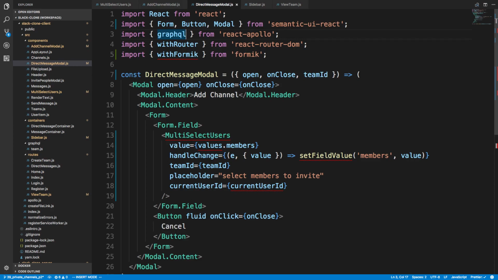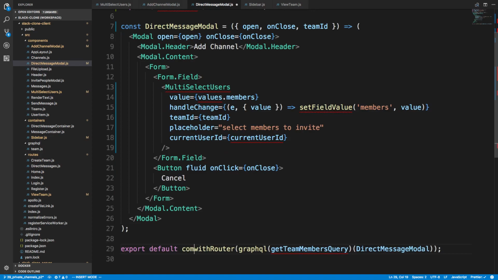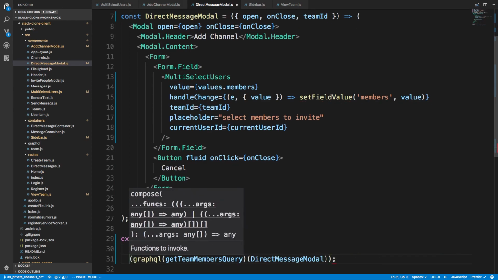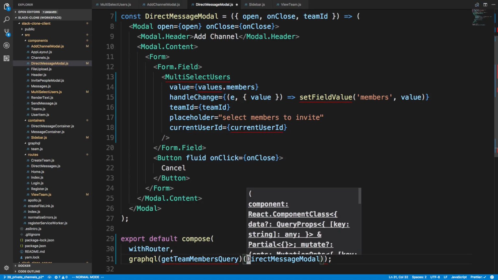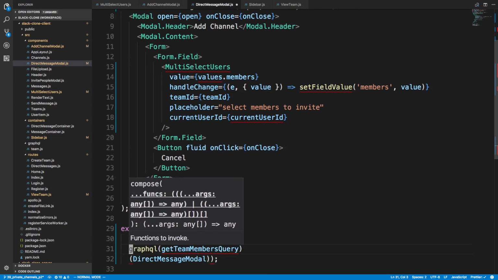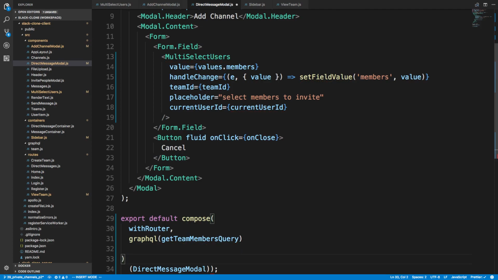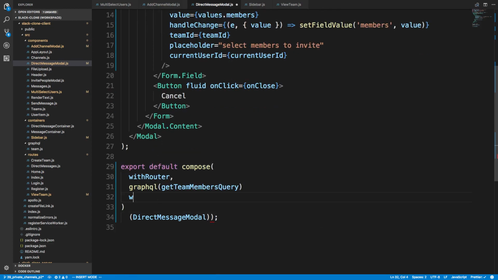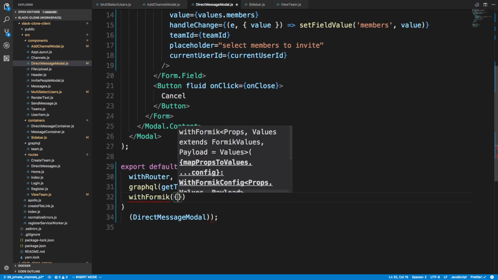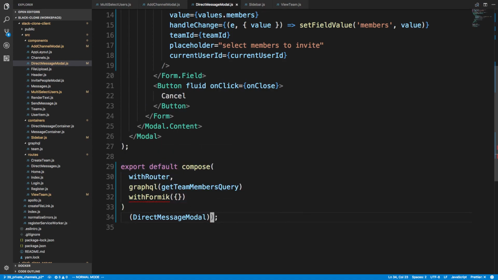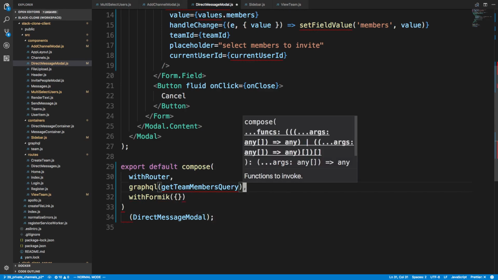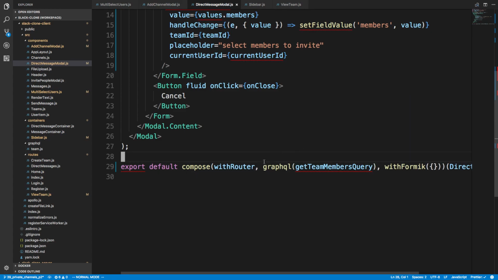And we have a lot of higher order components now, so I'm going to use the compose higher order component, which allows us to just comma separate these guys like this. And because we're going to also add Formik to this component, I'm going to say withFormik, add in that, and we have one too many parentheses, and I think we're good now. Make sure we add a comma there, and we're going to be adding a new query that we're going to be running. It's actually going to be a mutation,